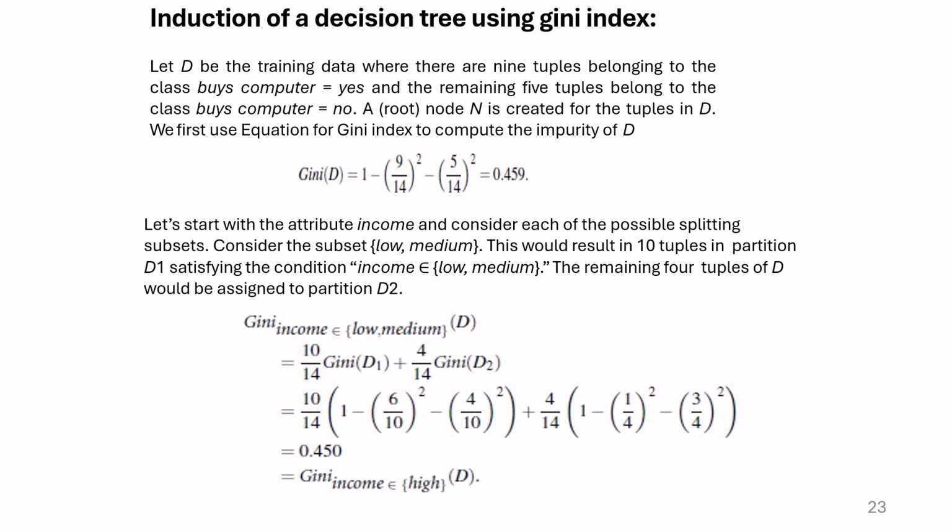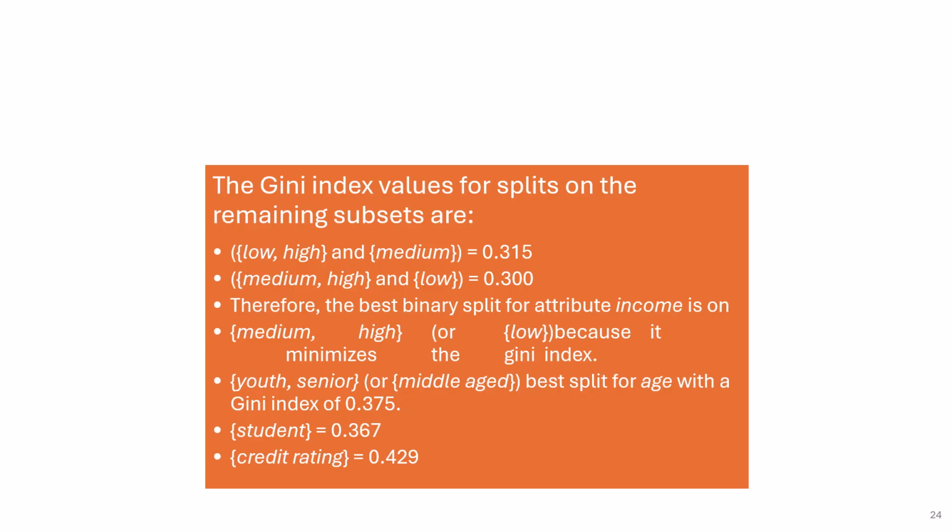Consider the subset low, medium. This will result in 10 tuples in partition D1, satisfying the condition income is an element of low, medium. The remaining 4 tuples of D can be assigned to partition D2. Then we calculate the Gini of income is an element of high in the dataset D. Gini index values for splits on the remaining subsets are given: low, high and medium 0.315; medium, high and low